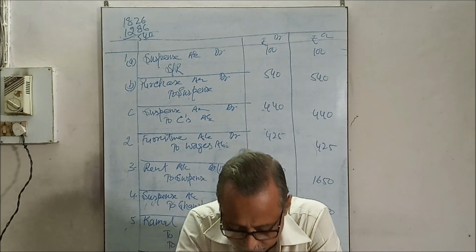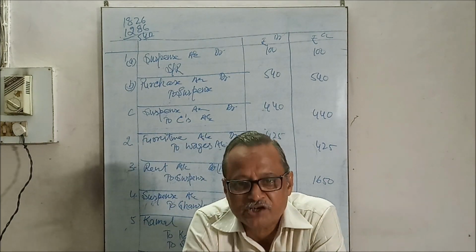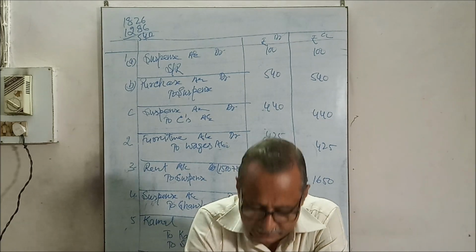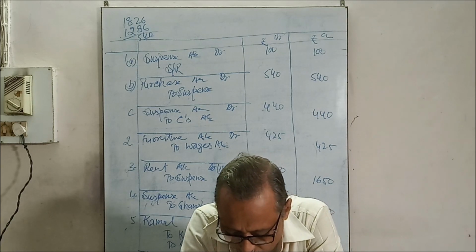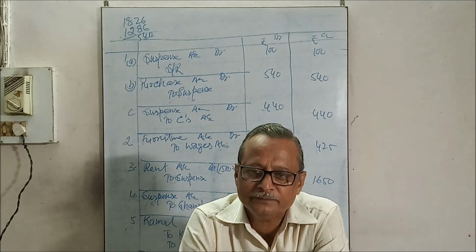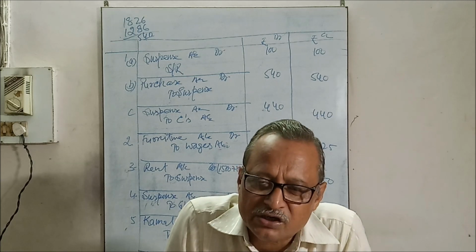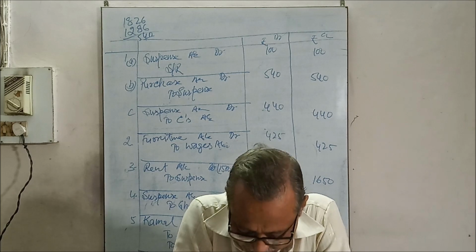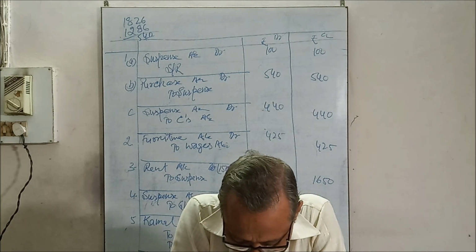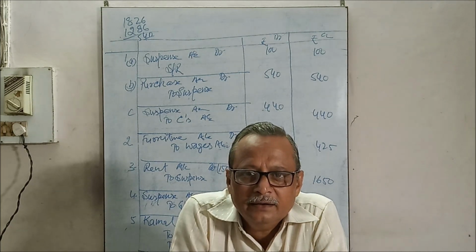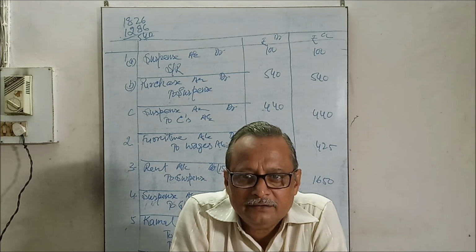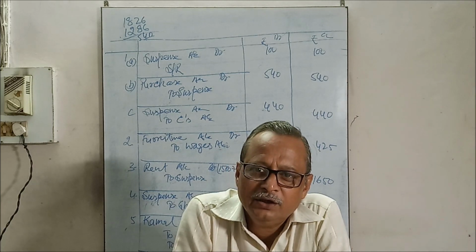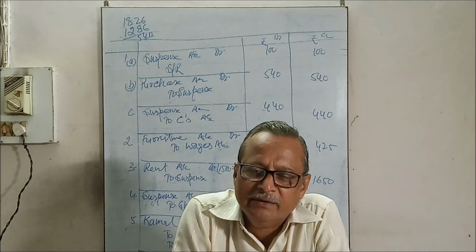Seventh entry. A bill of exchange received from Suresh, 3,000, had been returned by the bank as dishonored, and had been credited to the bank and debited to bills receivable account. When a discounted bill receivable is dishonored, he passes the entry: debtors account debit or drawee account debit to bank.